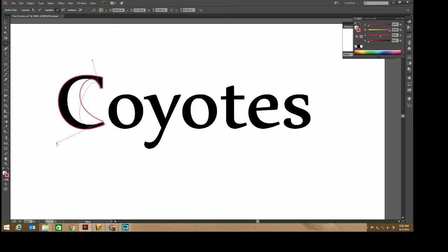So I edit these handles so that it does what I want it to do. I might have to use another point on this one. Yeah, I'll probably use a point. So I can just go into the Add Anchor Point tool, and I can add a point here, and then I'll go back to my Anchor Point tool and edit this handle. So pull that up to there, pull this handle up to there,